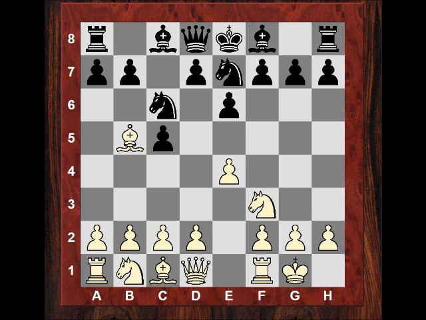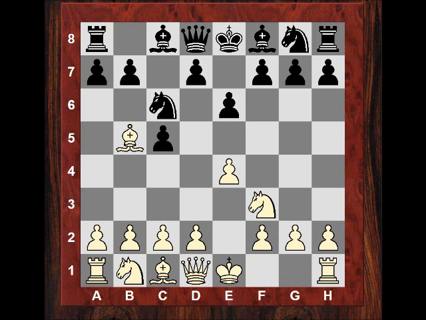Well, Magnus has already done something different. He hasn't immediately just doubled the pawns. So by castling, it's a different strategy. The bishop